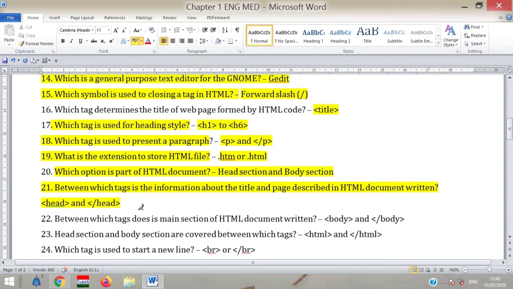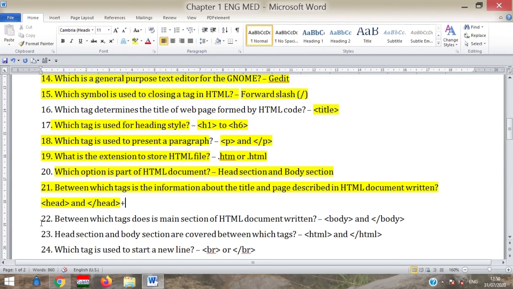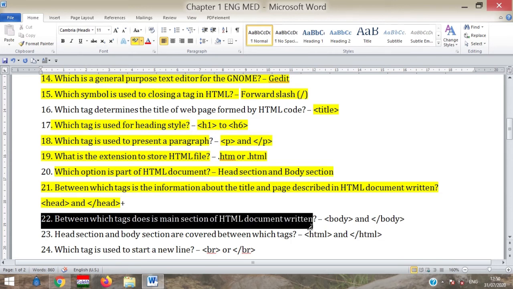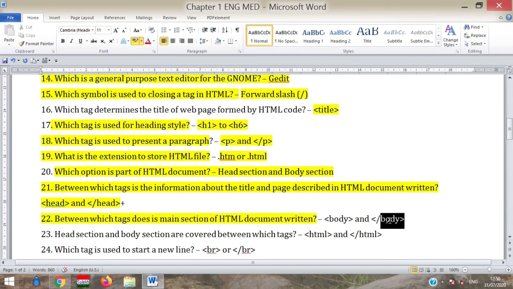The answer is head and close head tag. Between which tag is the main section of the HTML document written? The answer is body and close body. Whatever we write between the body and close body will be displayed in the content window of the browser.